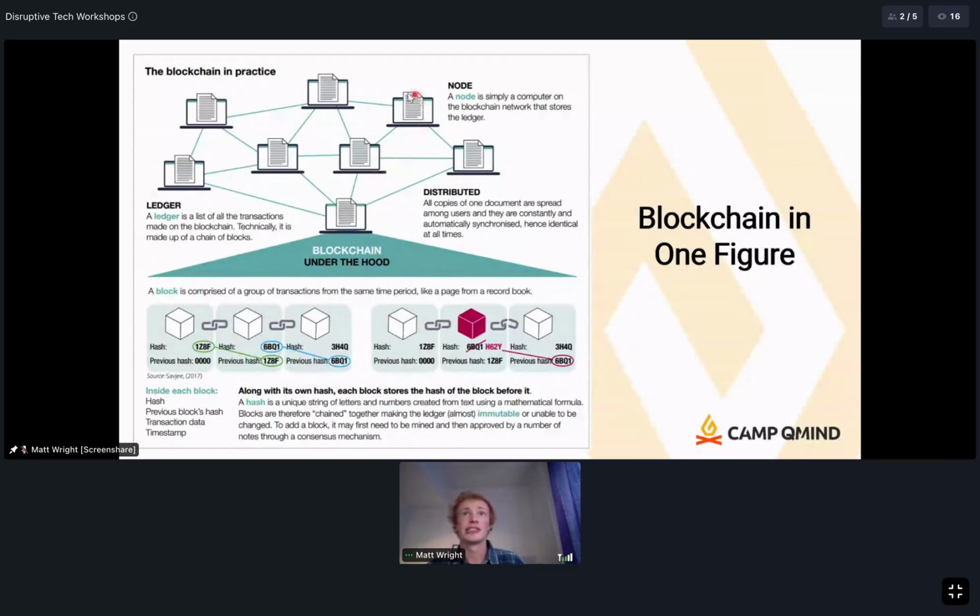And each of these nodes has this sheet. It's called a ledger, and you can think of it really as an Excel sheet. It just has a bunch of data on it, and the data is essentially a list of transactions. But each node has their own copy, and all the copies are the same. That's what makes it distributed. And what's critical to most blockchains is that there's no one authority that defines the true value of the ledger. All these participants, all these nodes vote on what the true value of the ledger is. That's decentralization. That's democracy. That's the cool thing about blockchain.